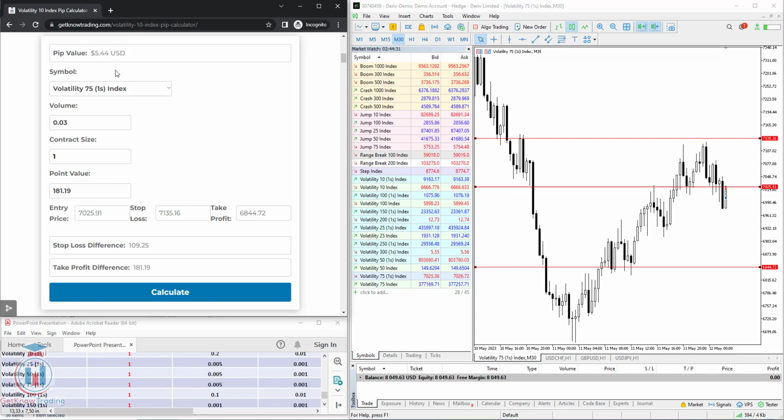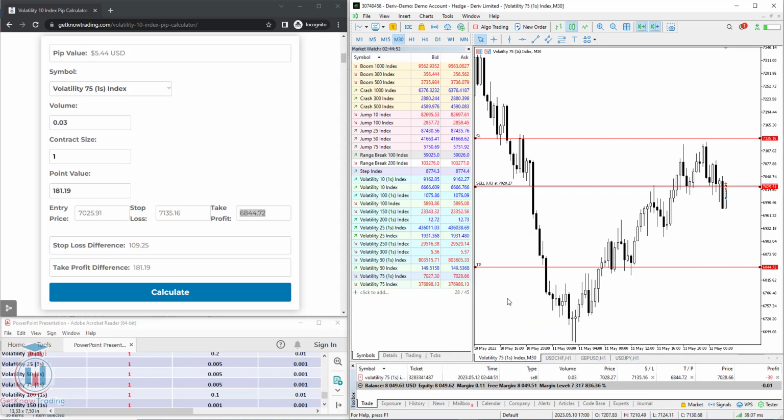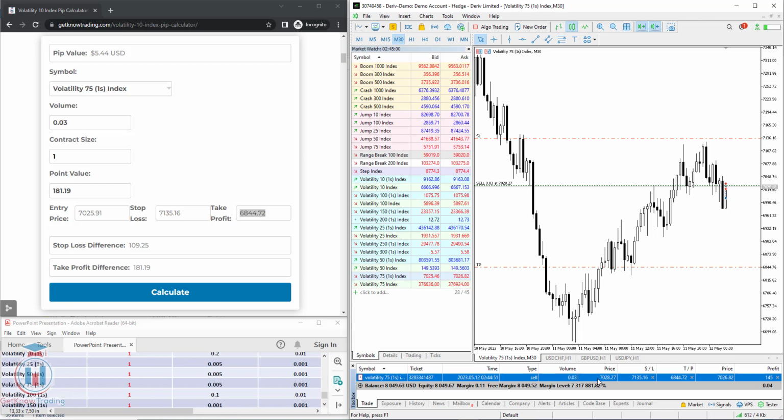If you are satisfied with this, then we can open a new order, which is a sell order, but we change the volume here, 0.03. Let's copy paste the stop loss and copy paste the take profit and click sell, because we are expecting that the price will go down. Sell. Okay, now let's remove these horizontal lines and let's see what is the entry price. We need to put the correct value here,